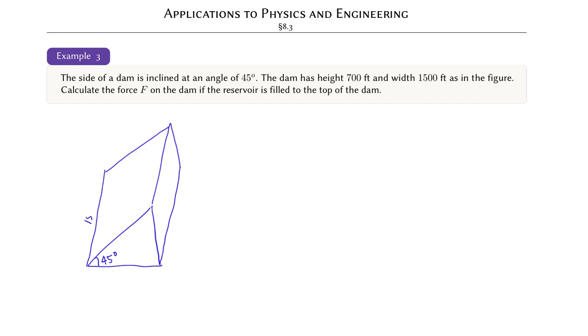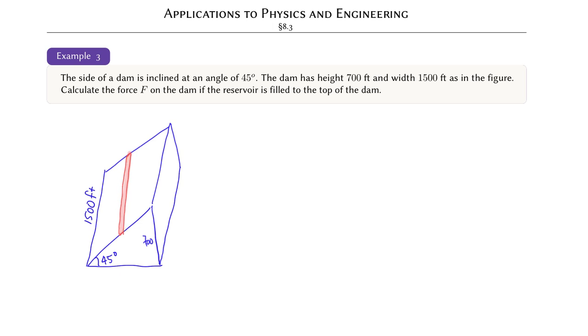The width is 1500 feet. This is the US customary system. The height is 700 feet. We slice the surface parallel to the width because all of the points on the slice will have the same depth from the surface. This gives us the reason to assume that the pressure at any point on the slice